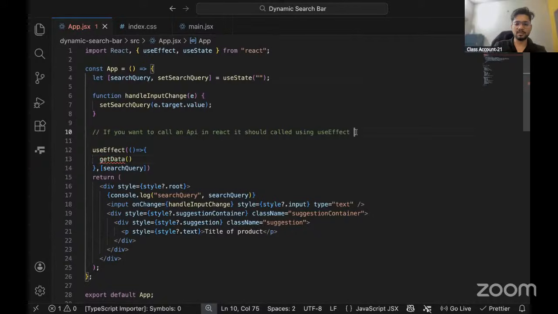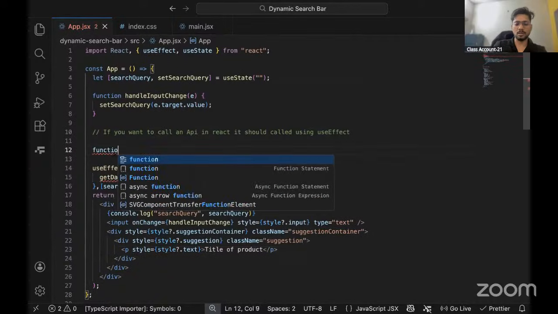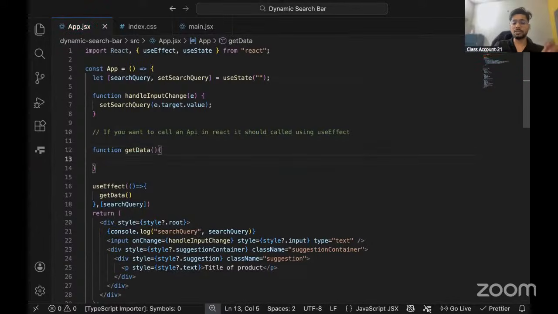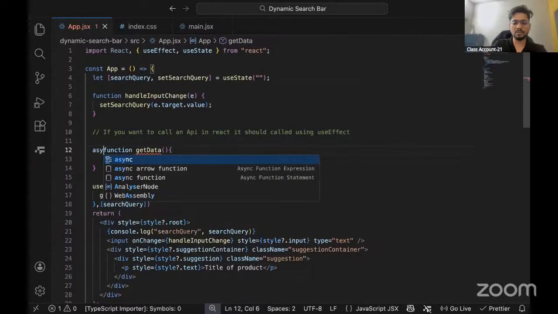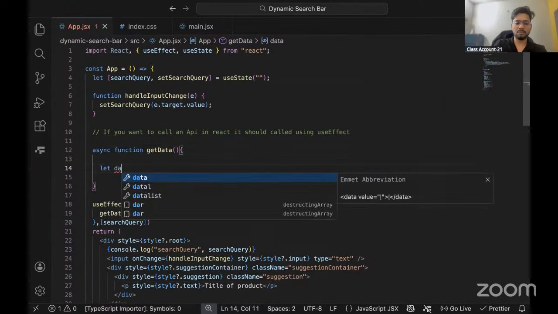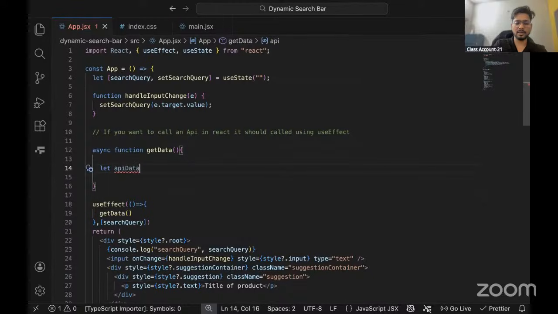And let's define the getData function as well. Function getData. This is going to be an asynchronous function. Why is it going to be an asynchronous function? Because we are going to call an API, and this thing may take some time. So that's why we have to create an asynchronous function. And how to create an asynchronous function? We have to use async, and then let data, or maybe we can call it apiData, equals to